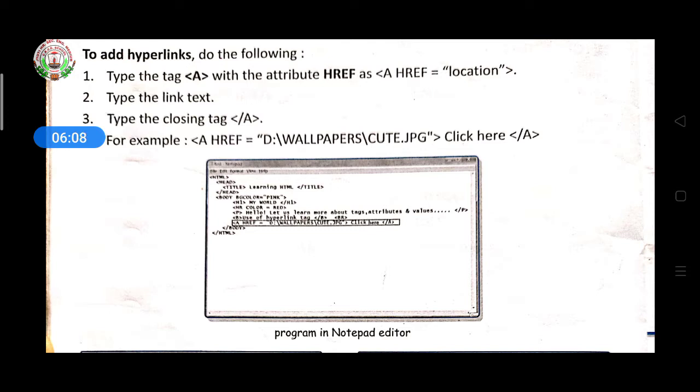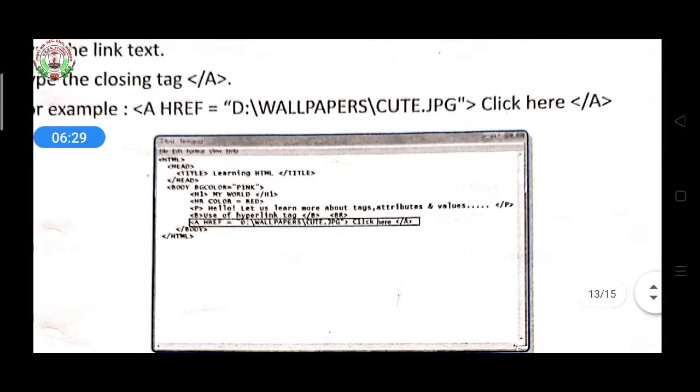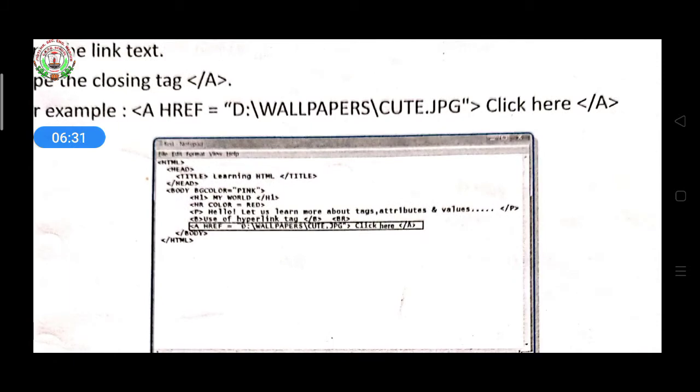So you have to write the name between the opening anchor tag and the closing anchor tag; whatever you write there, that line will be made as a linking text. Okay, so see here how to write the anchor tag with href, wallpaper, click here, and then closing the tag.